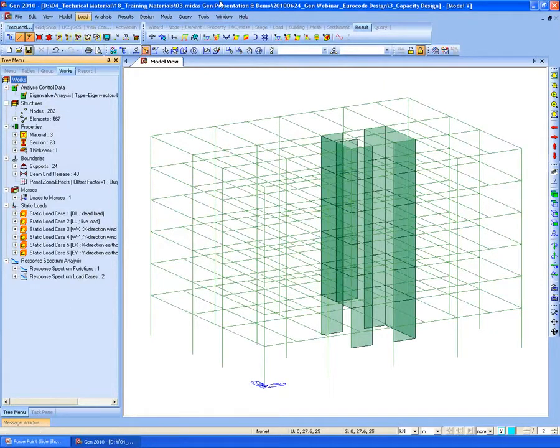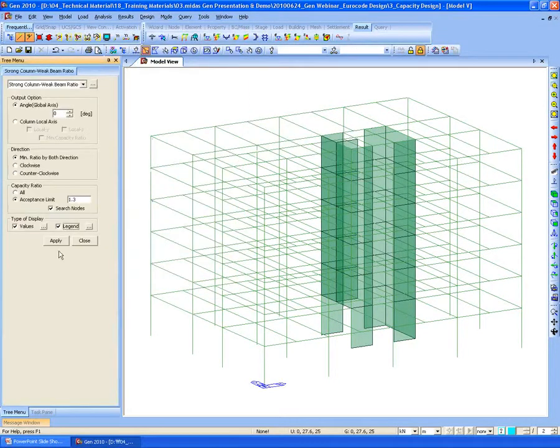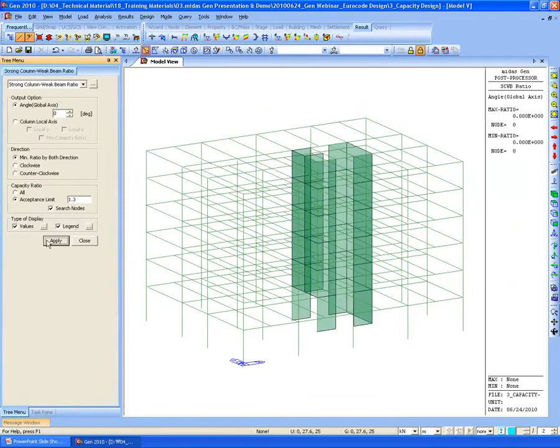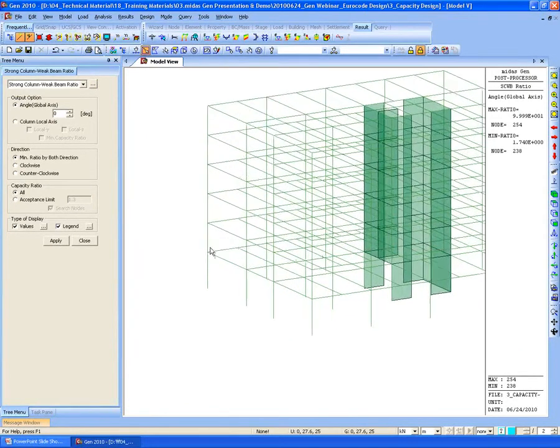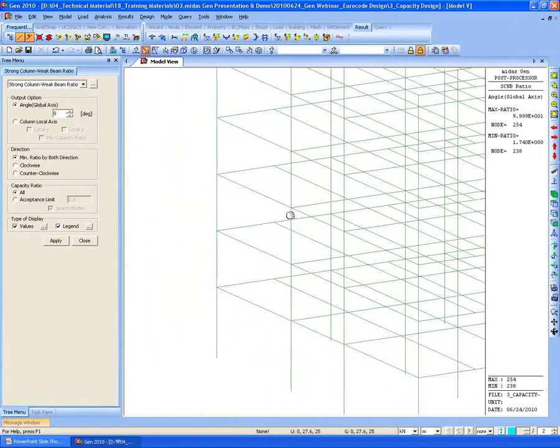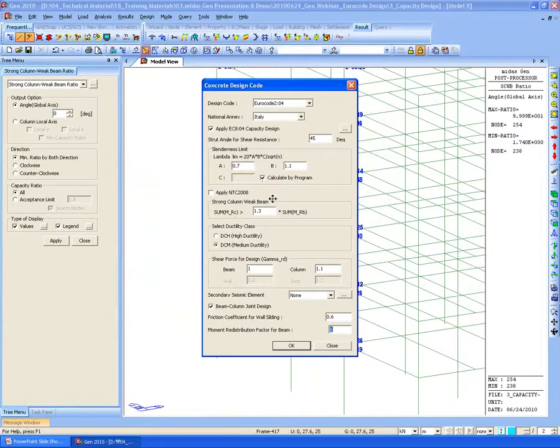Okay, so once we perform the capacity design, then we can check the ratio. As I mentioned earlier, we need to satisfy the rule 1.3, this one.